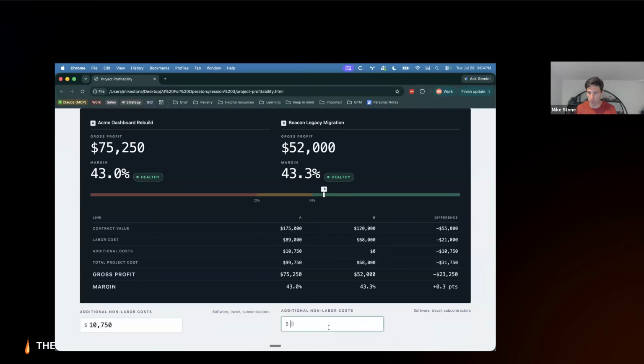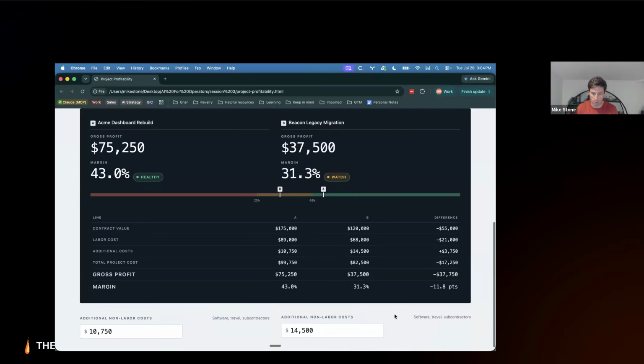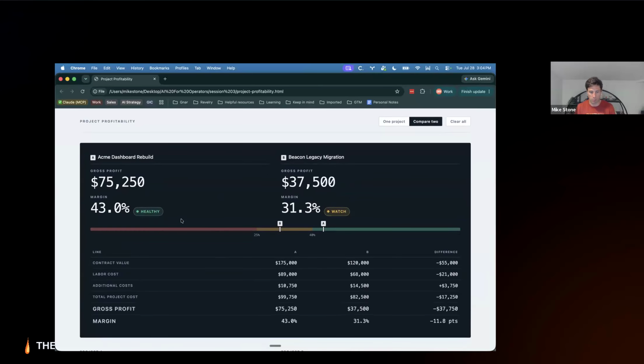And our additional non-labor costs, 14,500. Okay, so all of this updated as we went, but now we can see a clear, healthy margin from Acme dashboard rebuild and a lower watch margin on Beacon Legacy migration.